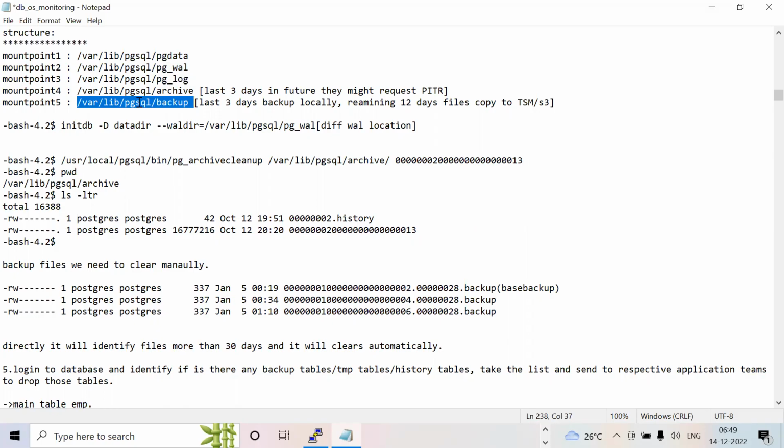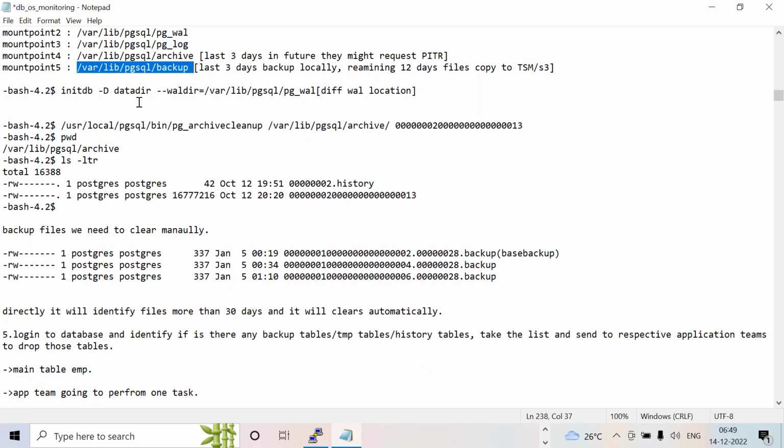You may think, Rambabu, how can I give the wall directory separately? Very simple. During initdb, right? initdb -D your data directory, you need to mention the wall directory. --waldir equal to your wall mount point. Okay. Next,